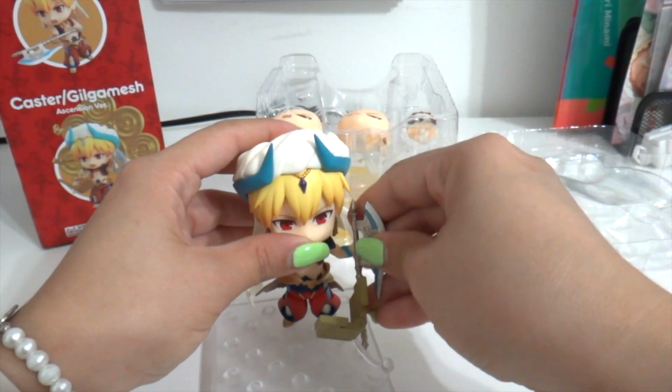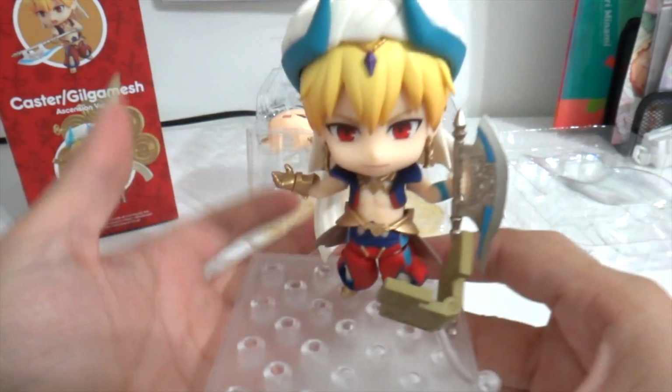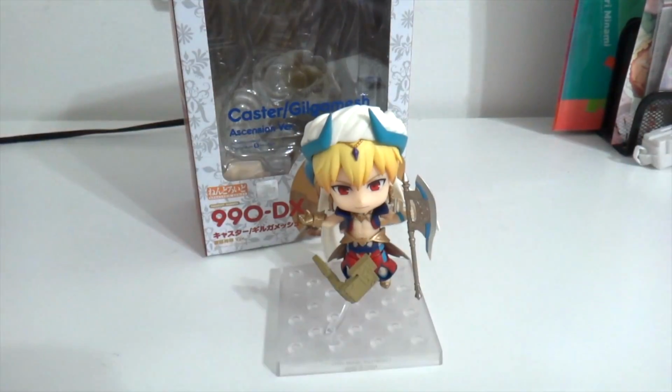You're all set, sir. I don't want to put him through any other poses. I'm really happy with this one. He looks gorgeous. You are more than welcome to stay anywhere. So yeah, here he is. I'm very happy that I was able to get him. I'm overly excited. I also gave you some fixing tips with super glue for Nendoroids, but overall I'm so